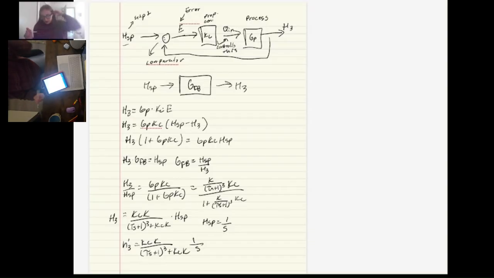From this, what we can do is use the final value theorem. Our final value theorem says we have a step change times our function, and if we take the limit as s approaches 0,